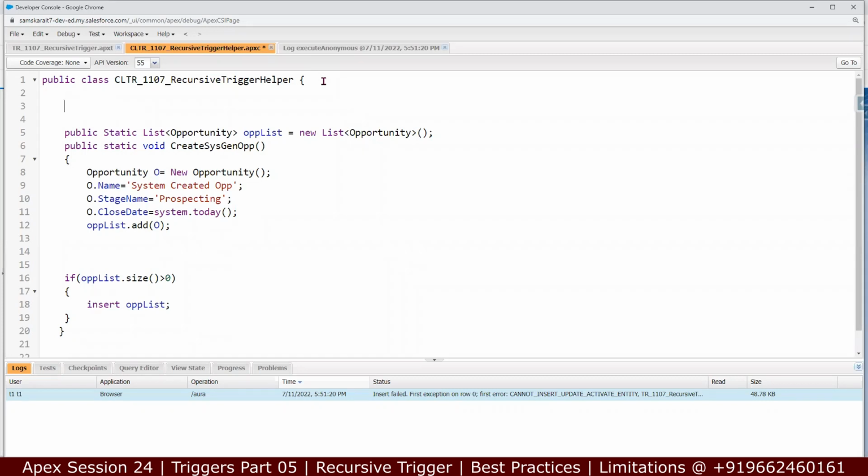But mostly in real time, what we do is we introduce the flag in the class. So we will introduce a recursive flag. So public static, I have to take a static boolean, let's say recursiveFlag. Initially the recursive flag will be true. As soon as it is inserted, I can set the flag to be false. That means as soon as it's called,